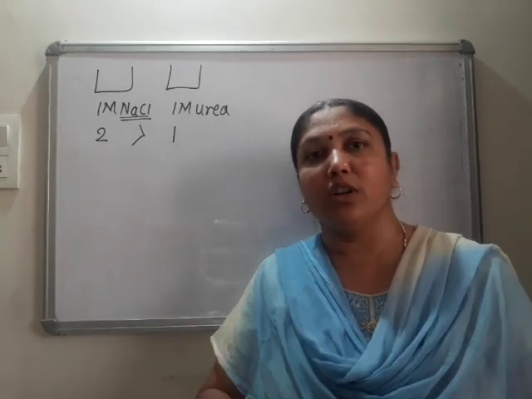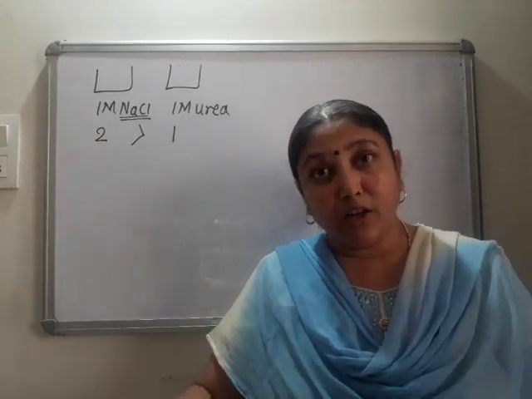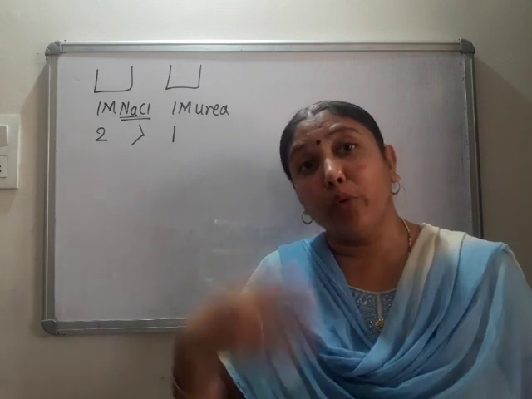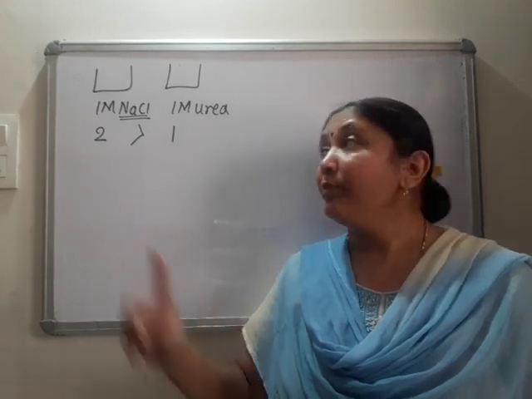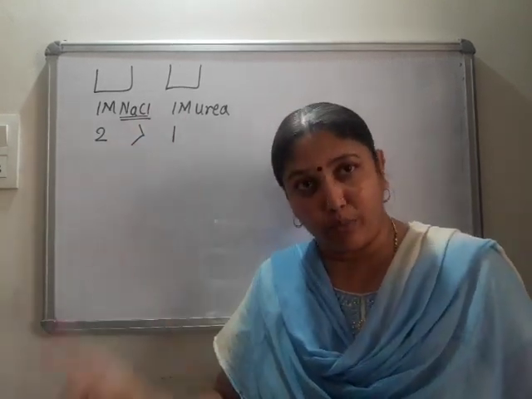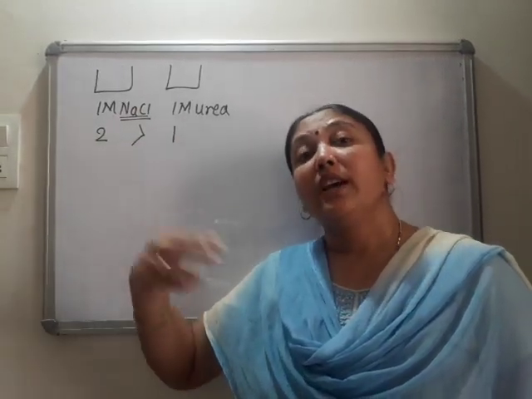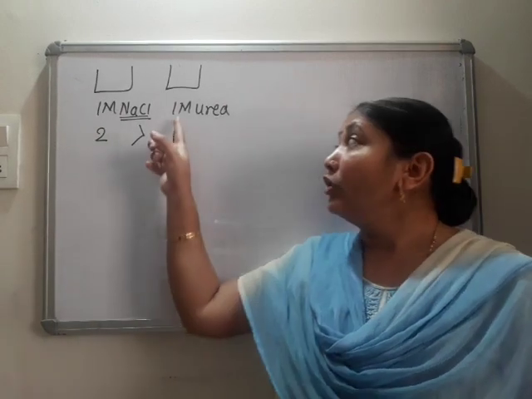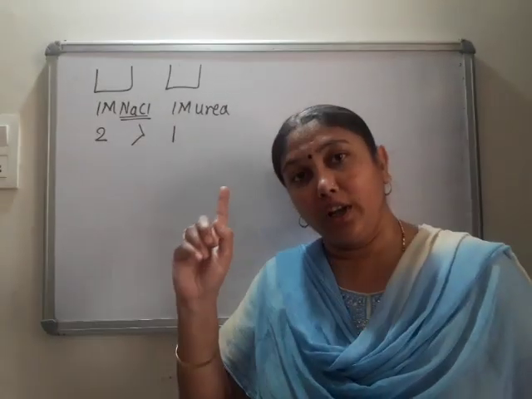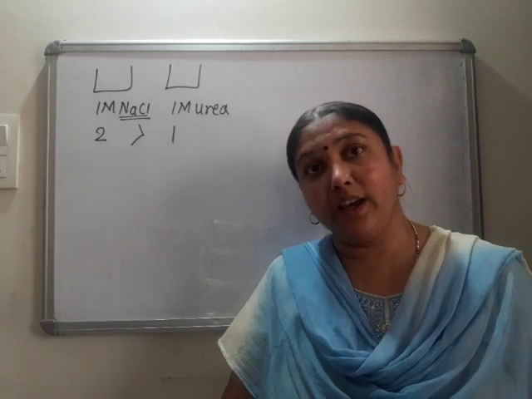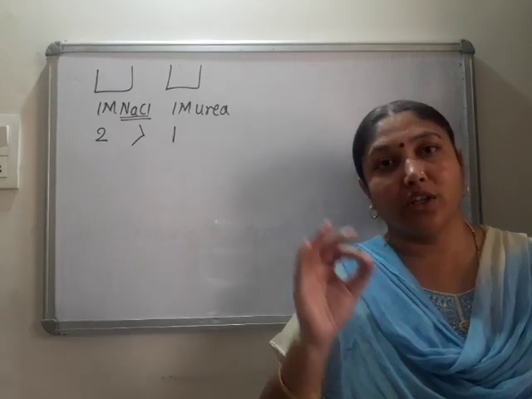Suppose the solvent taken is water. NaCl dissociates and gives Na plus and Cl minus, which means NaCl splits, so the mass is divided. So the observed mass is less than the expected mass. Clear? So what did I say? Electrolytes show colligative properties. The magnitude of the colligative properties of an electrolyte is more than that of a non-electrolyte of the same concentration, and the molar mass of the electrolyte is less than the expected value when it is calculated with the help of colligative property.